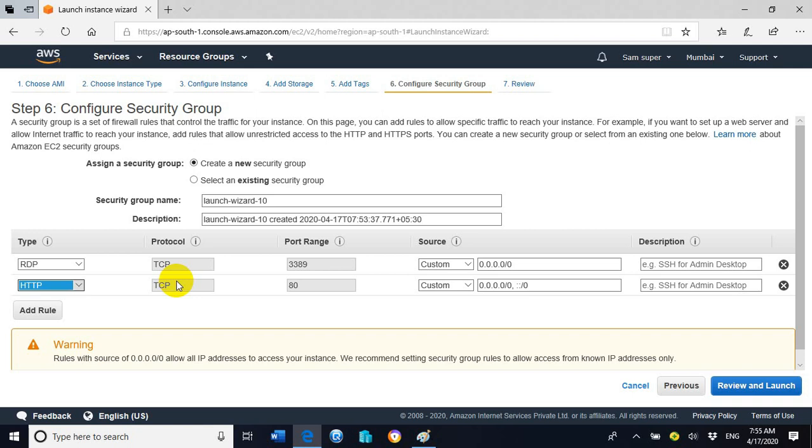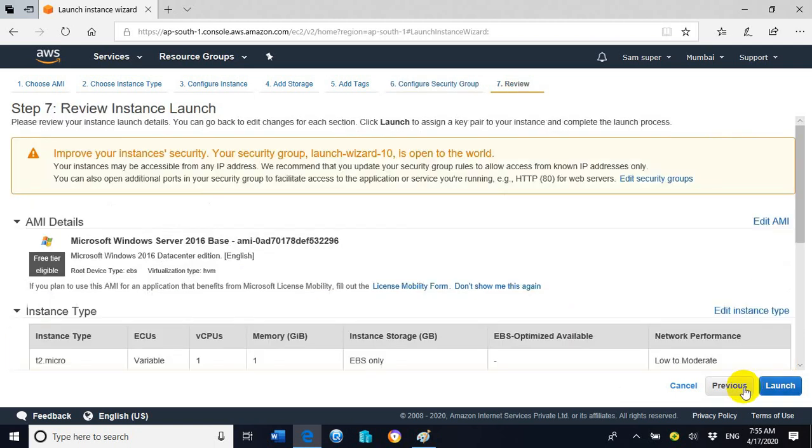On the web browser, for accessing the web page or website, we require the protocol prefix HTTP or HTTPS. That's why we have shown you here how to add the HTTP protocol. Under the source, click on anywhere, here also against the HTTP. Now click on review and launch.